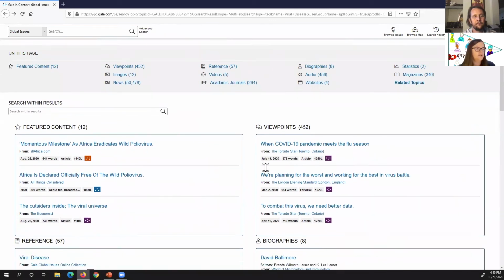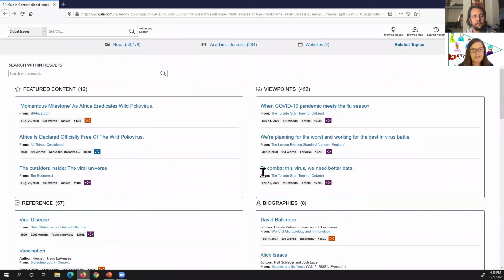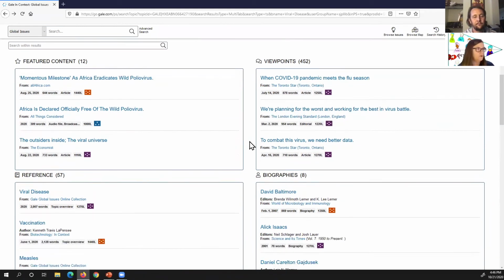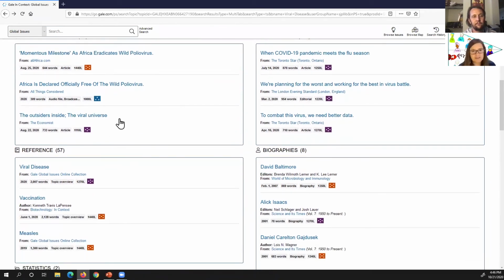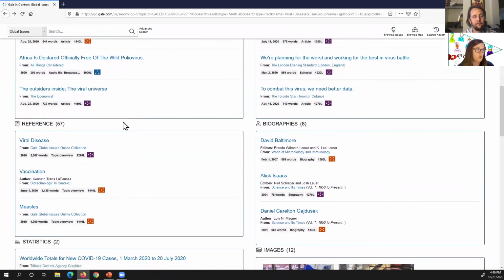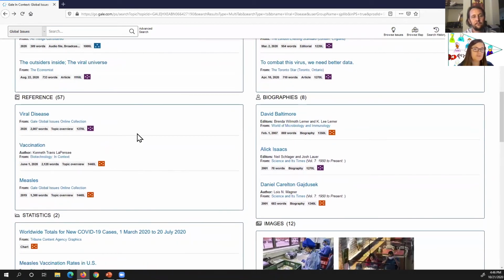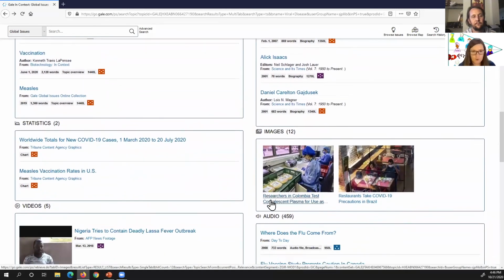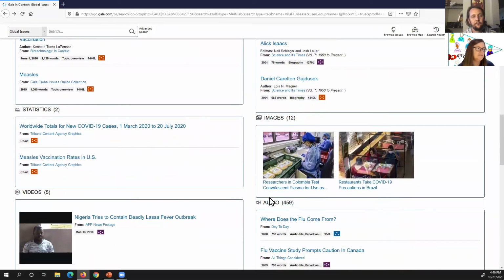Then it comes down here to all of the information that's contained in the database. So there are viewpoints articles, which are opinion articles, and featured content, which is content that's been flagged as particularly good or noteworthy. There are reference articles, which typically are from reference books like encyclopedias or handbooks on particular things, and biographies, in this case of notable figures in the world of viral diseases.